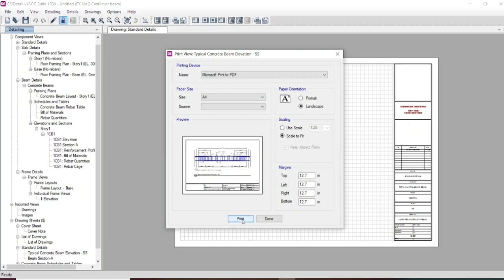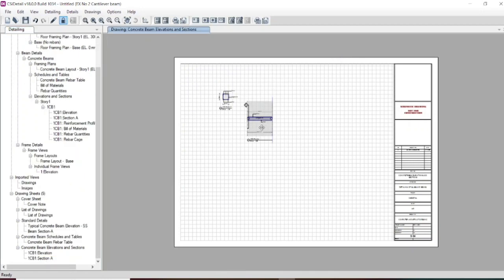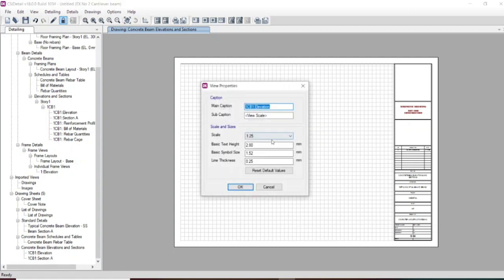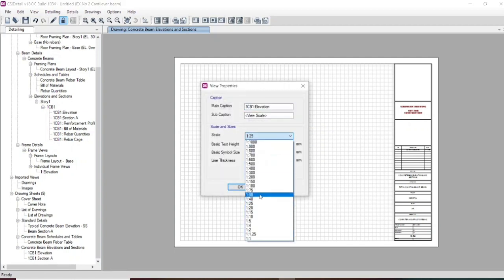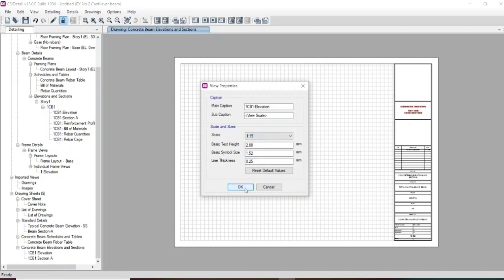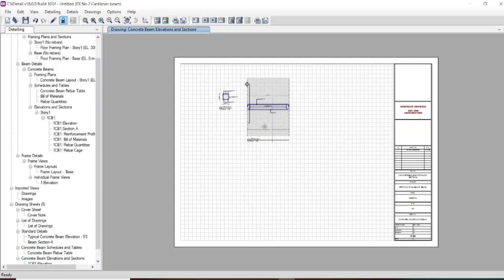You can take this into landscape like this. You can scale this in order to zoom this view.